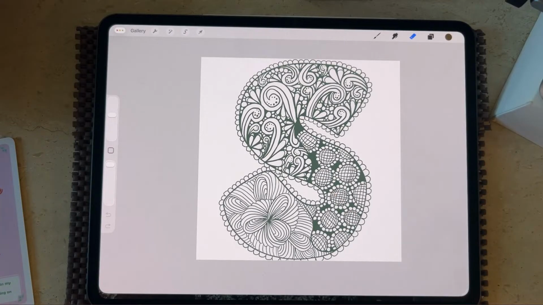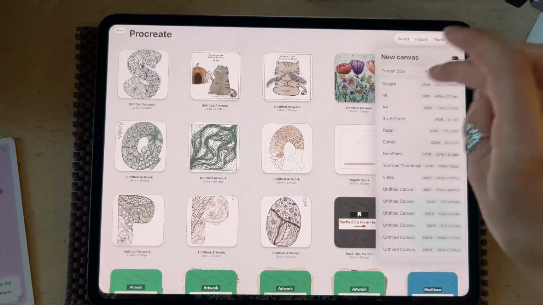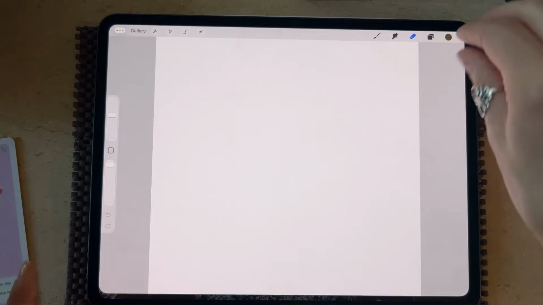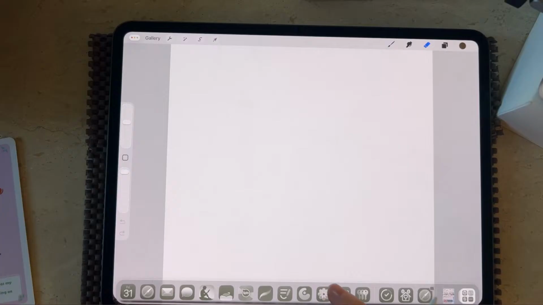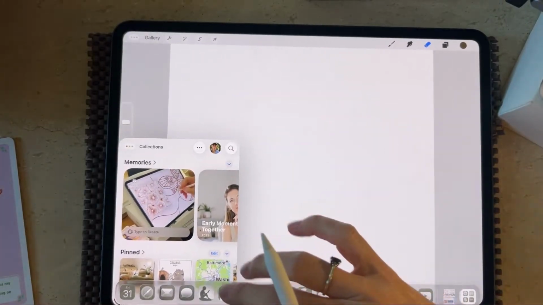So we're going to be drawing the letter S. The letter S is an additional prompt for us as we are doodling to think of things that we are grateful for, things that we are contemplating, things that are drawing our attention, that we're perhaps ruminating on. And as we make our way through the doodle of the letter S, you want to invite your brain to focus on those words that start with S.